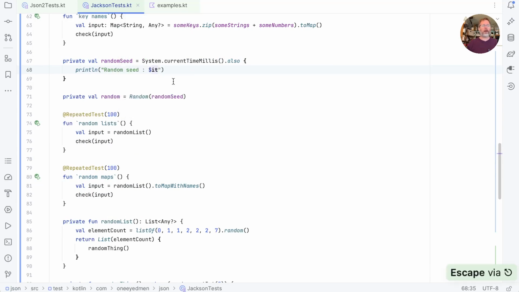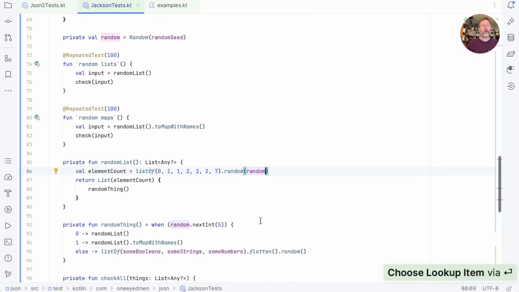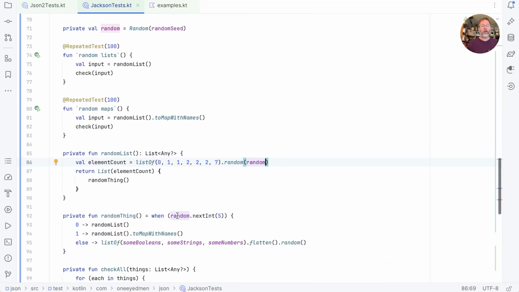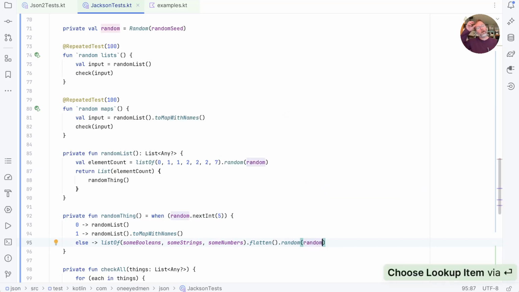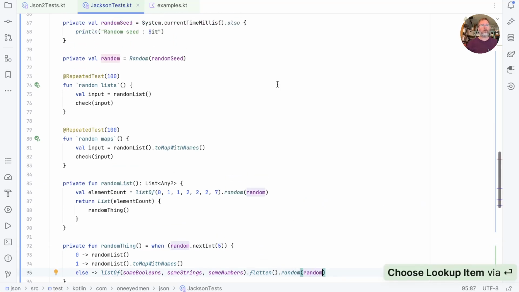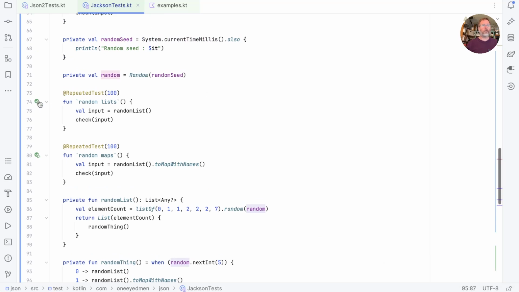And we'll want to make sure that everything uses this random. What do we have? We have random list, random. This random here, I think we can pass the instance of random into that. Yes, we can. Good. And this is using our random, and this one here needs to as well. Good. And now if, for example, we were to run this test,